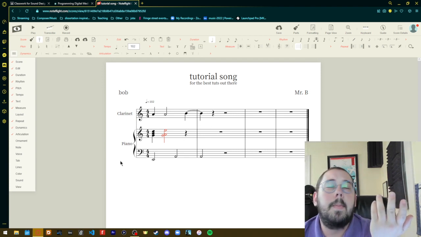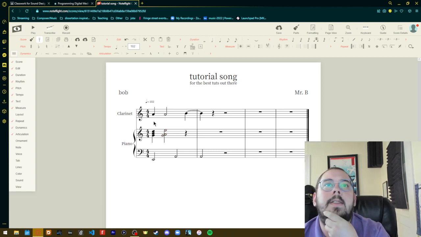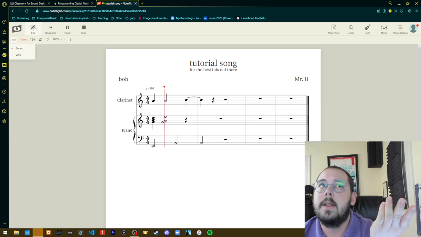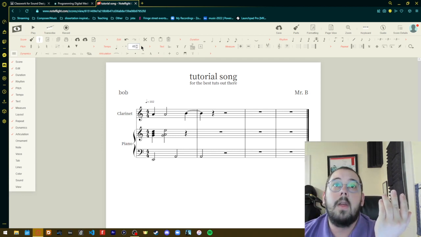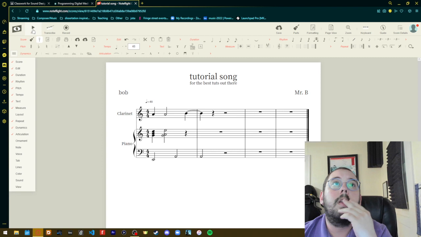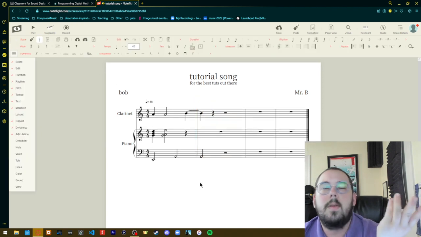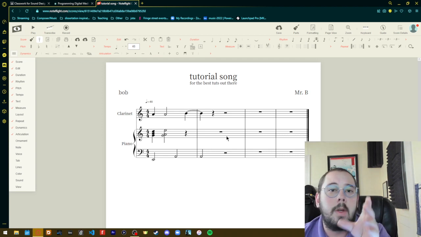But basically, what I've got here is a set of instructions, so it'll tell the piano player to play these notes. Everything syncs up. Each player will see their stuff. We can print it out. We can play it. I can make it faster or slower, so maybe I wanted to really slow it down. Whatever we want, you can utilize this to generate your musical instructions in real time